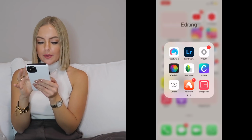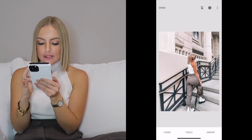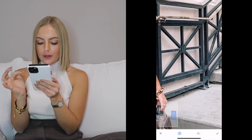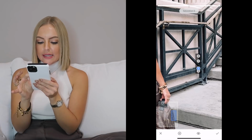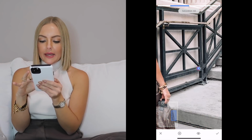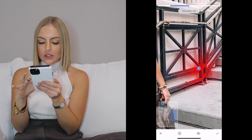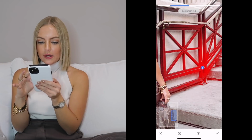I can go to this app called Snapseed. Here is the photo, and then I can click this select button, and I can zoom in to where the railings are and select on the railing. Then I can move this down to the saturation and turn the saturation down to about 60. Then I can use my two fingers and determine how big and where I want this to be located. So I just want this to be on the railing right here